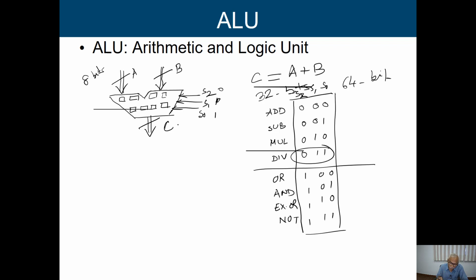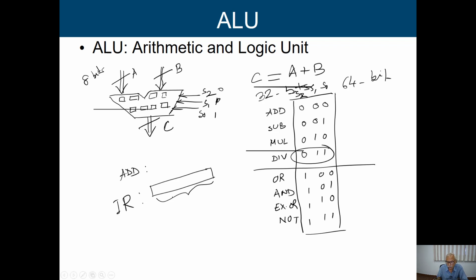Now when I am going to perform an operation, say add, how am I going to get this idea? Because we are going to execute an instruction, and that instruction will be in our instruction register, in the IR. So we have that particular instruction, or the opcode of the instruction, in this IR. Now depending on the opcode in the IR, we know that we are going to perform this particular operation.